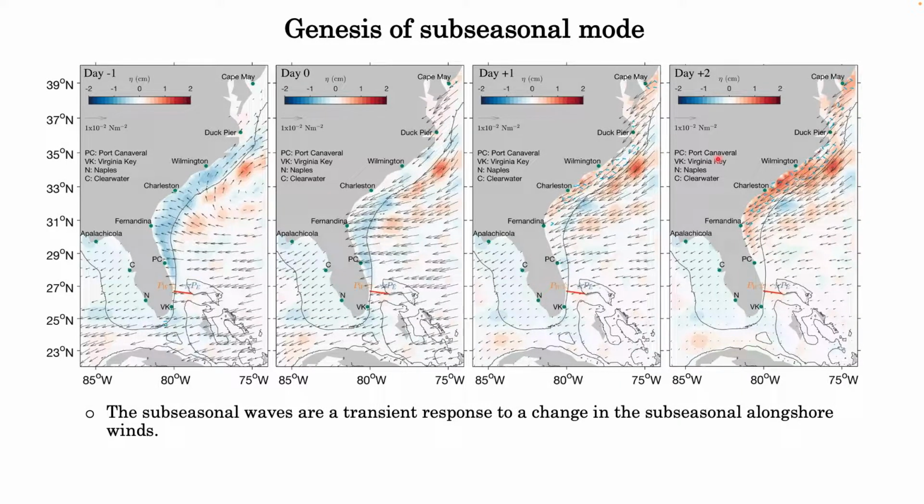All right. So as for the genesis of the subseasonal mode, it seems that the subseasonal trapped waves are a transient response to subseasonal changes in the longshore winds. As we can see from these plots, they basically show regressed wind stress, the arrows, and sea surface height anomalies, the color. The plots signify the evolution of sea surface height anomalies from a suppressed state, or blue, which corresponds with